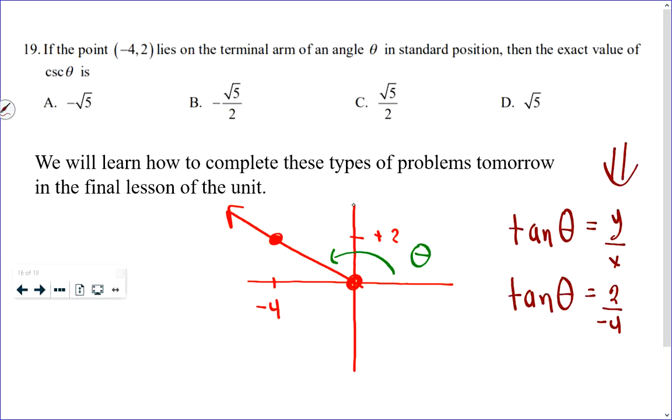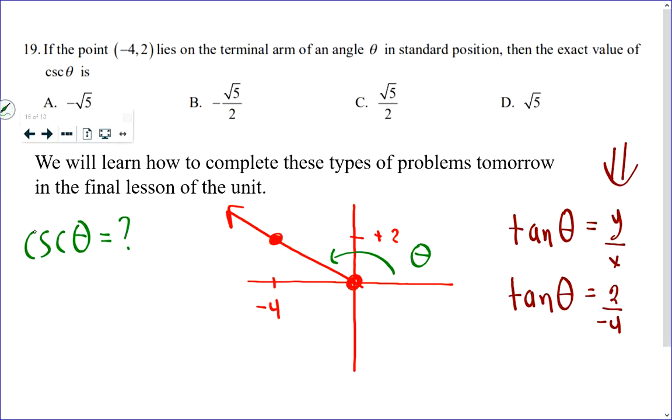Now the question is, what is the exact value of cosecant? You're writing in the middle of an exam, and you see, well, what is cosecant of theta? It wasn't tangent, I was just illustrating something. Well, cosecant of theta,